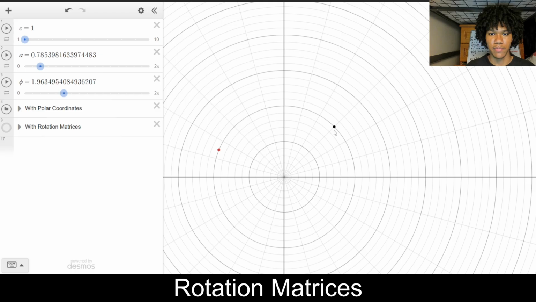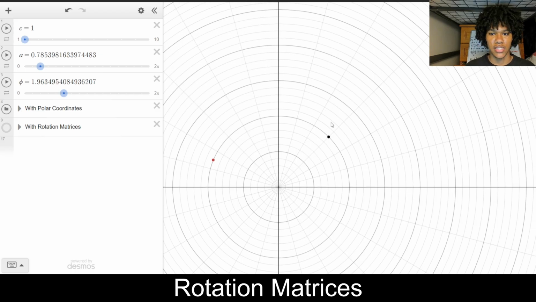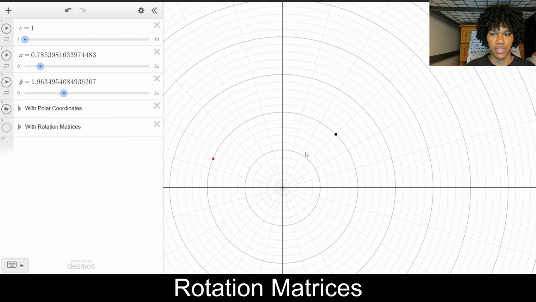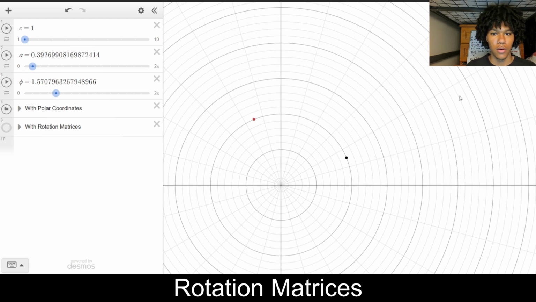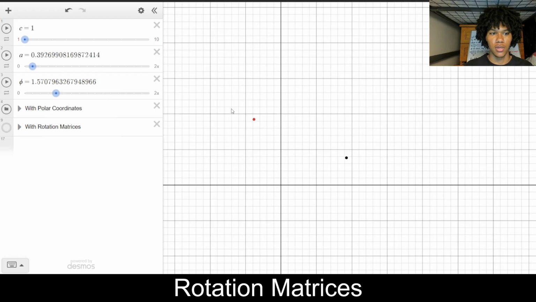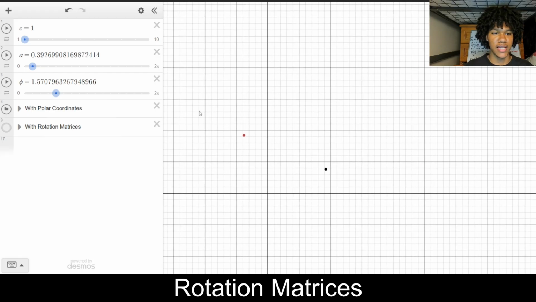We know that this black point is going to have coordinates in the polar plane, as it's going to have a radius away from the origin and an angle from 0 degrees. And the red point is going to be that same radius with the original angle plus the angle that we added. What I'm going to do now is switch over to rectangular coordinates,